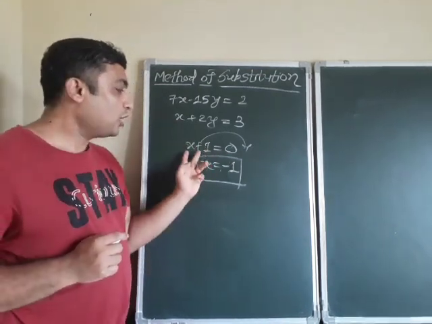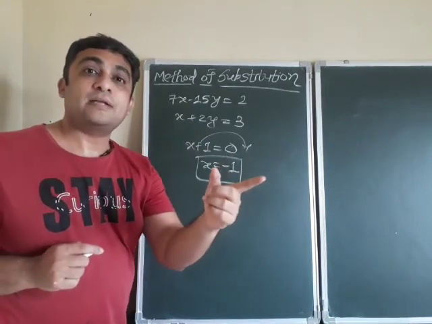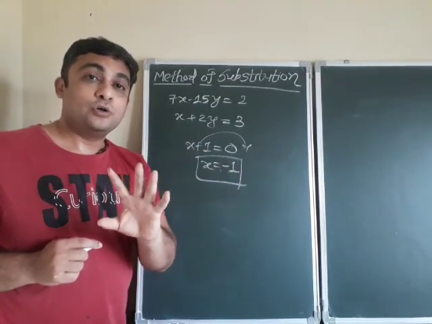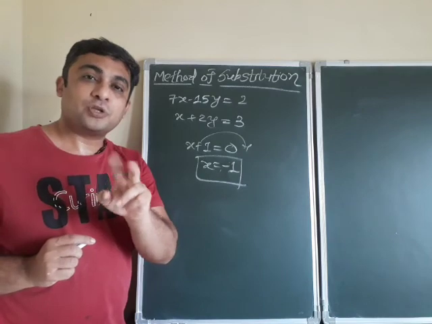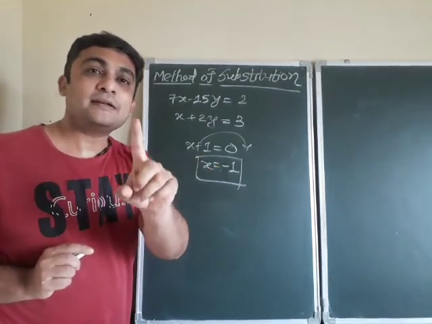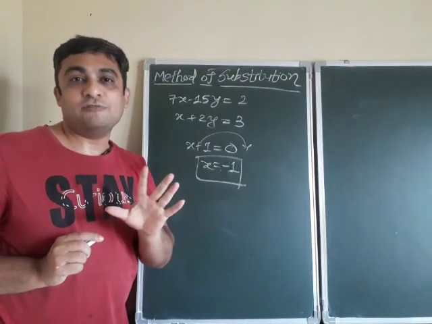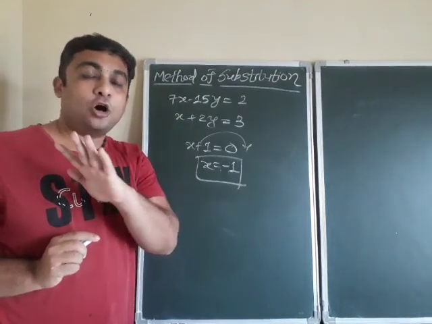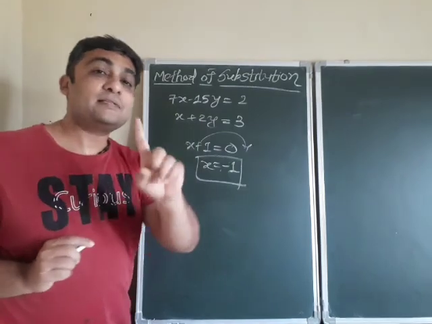We cannot solve two variables at the same time. It is not possible. Yeah, we can solve it one by one. So first we find x and then we find y. That is possible. But at a time, a solution is possible only for one variable. We cannot solve all the variables, meaning both the variables, at the same time.